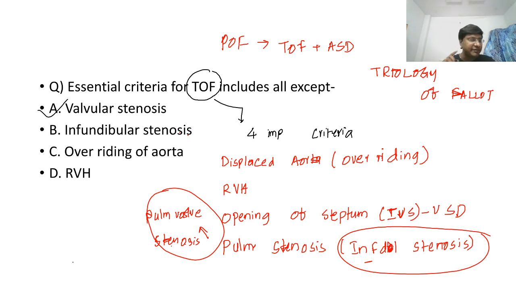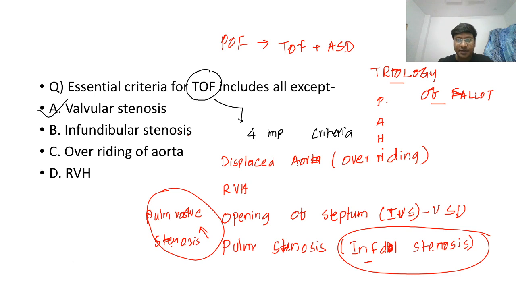Right. I will tell you a very easy method. That is the mnemonic. That is PAH. You can remember it as pulmonary artery hypertension. The mnemonic is pulmonary artery hypertension. But it is not pulmonary artery hypertension. So what is the trilogy?